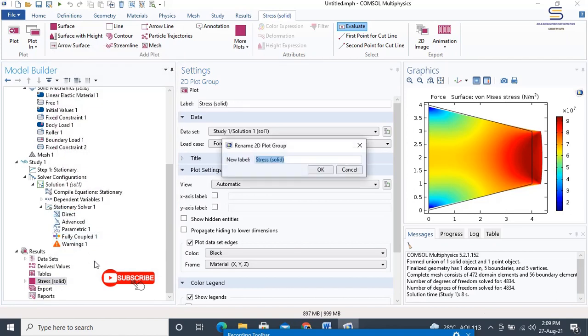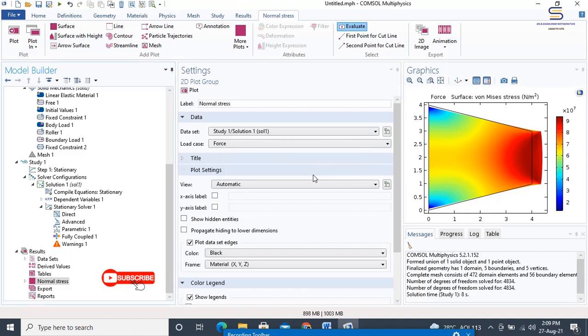We shall name this as the normal stress. And then in the normal stress we shall click on surface 1.